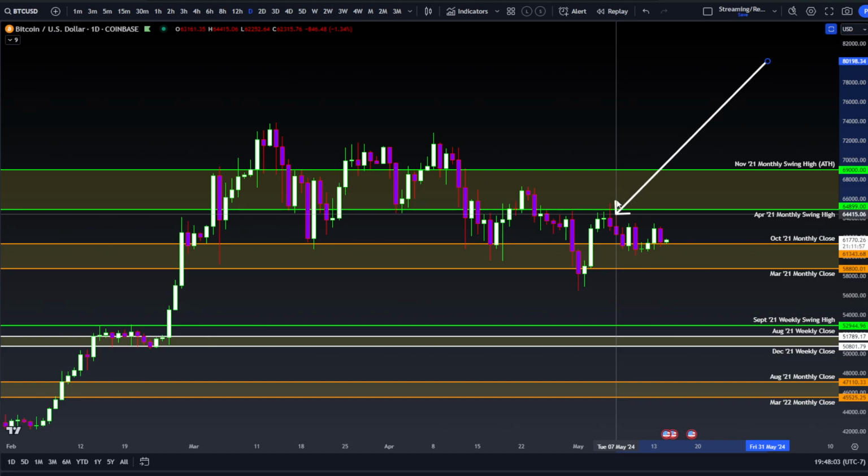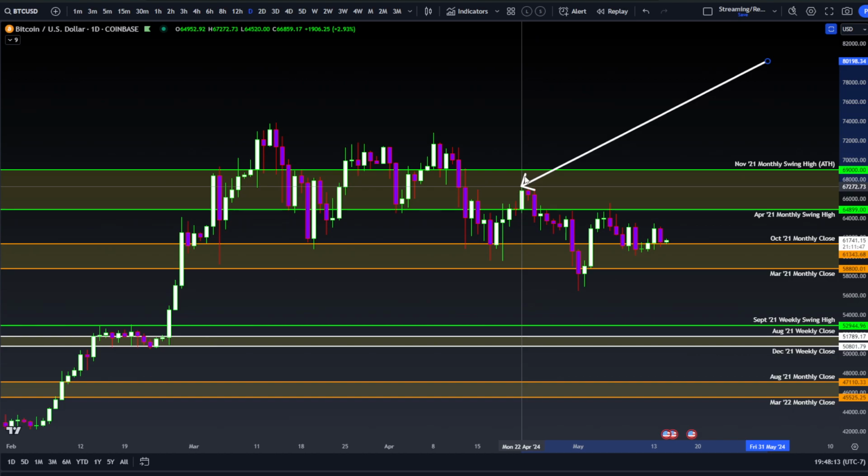That meaning if Bitcoin does close a 4-hour candle above around 65.5, the next big areas would be around 66 to $67,000 by this high. And if we do start to see closures above there, around 67,200 to 300 on a medium term time